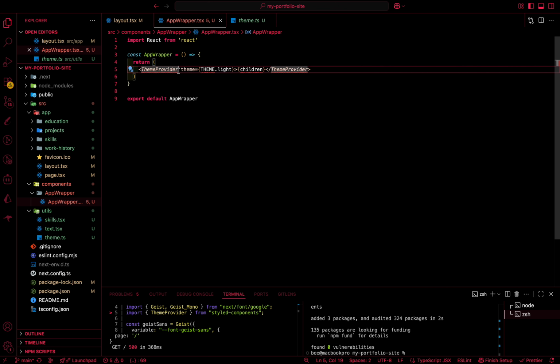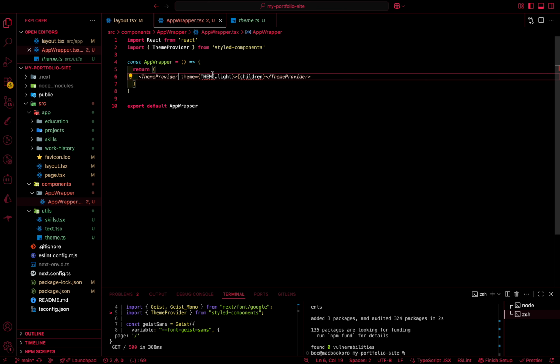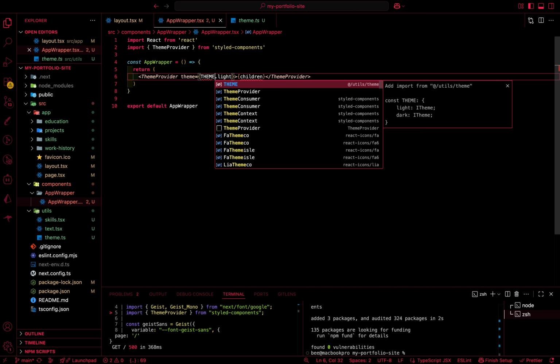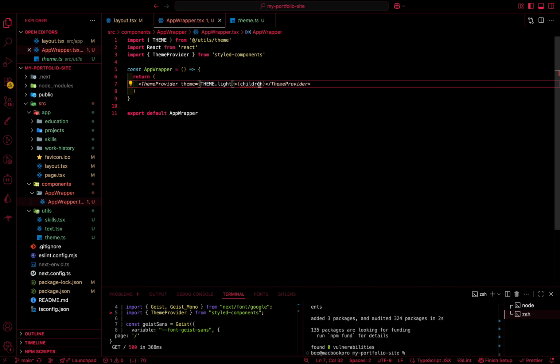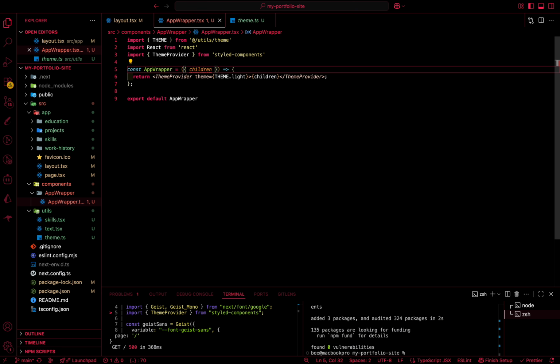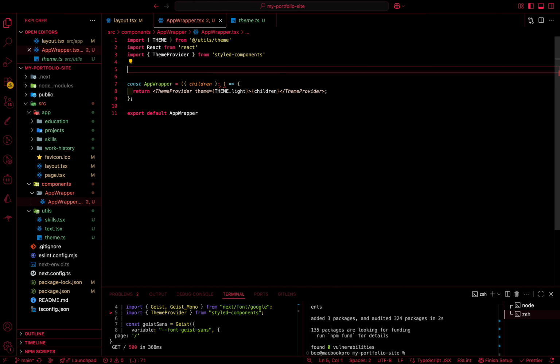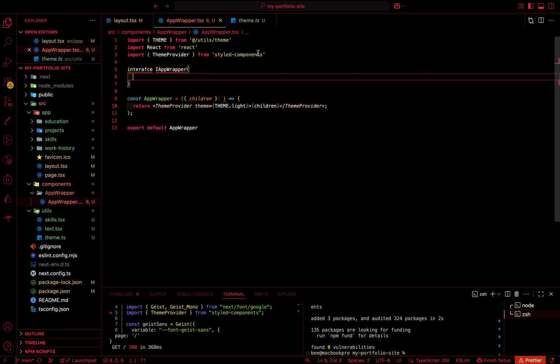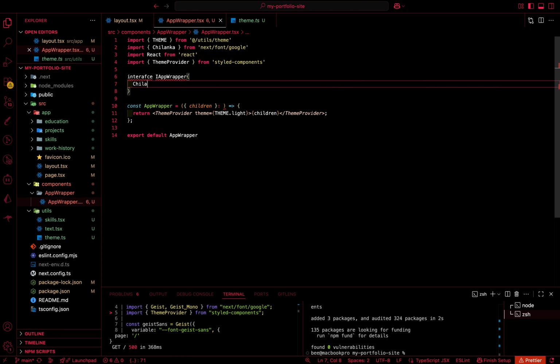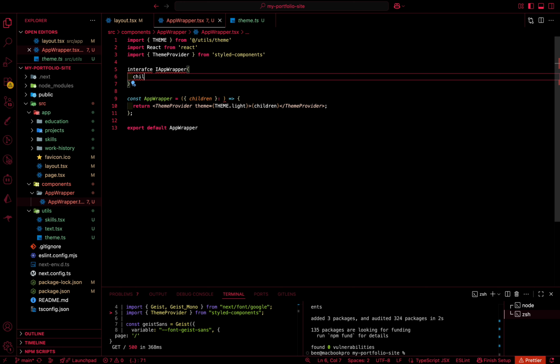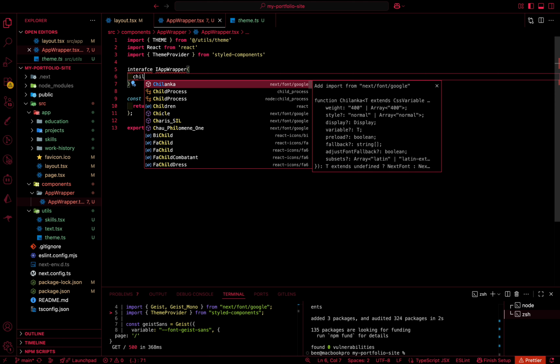We need to, of course, import team provider. We need to import team here. And then we need children. So we need to take a prop called children and then let us type it. So let's create an interface called app wrapper, and it's going to need to take, sorry, I don't know what that was. That was a bad auto import. So it's going to take children,